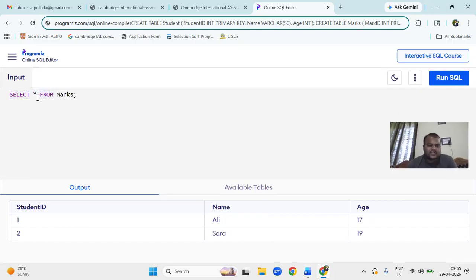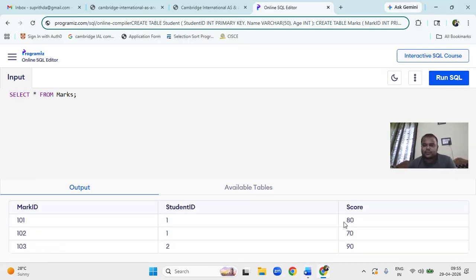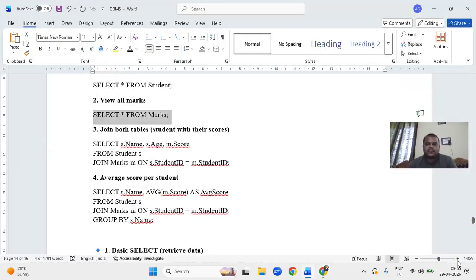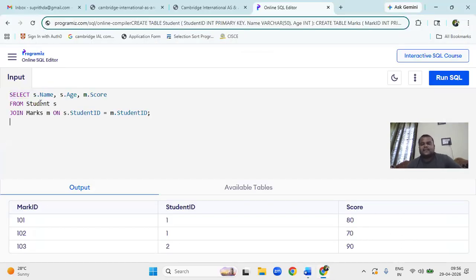Now I can go for joining both tables, inner join. And I'm selecting. This is very, very important. Now I am going to write the command. Select s dot name, s dot age, m dot score from student s join marks m on s dot student id is equal to m dot student id. This is the condition. Wherever the student id matches, it is going to combine the tables. Click on run. It is going to connect Ali with Ali, and Sarah with Sarah. So it is going to take s dot